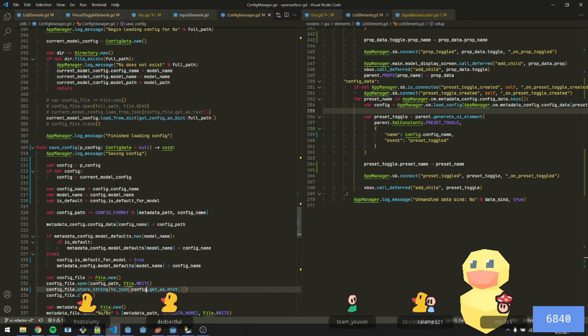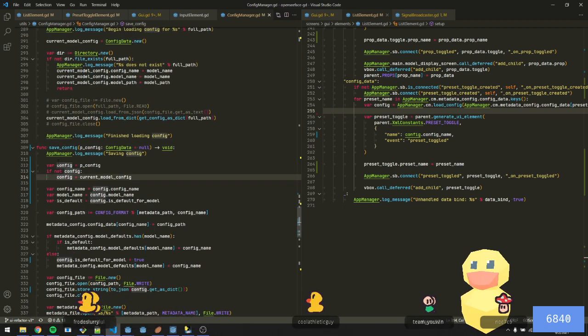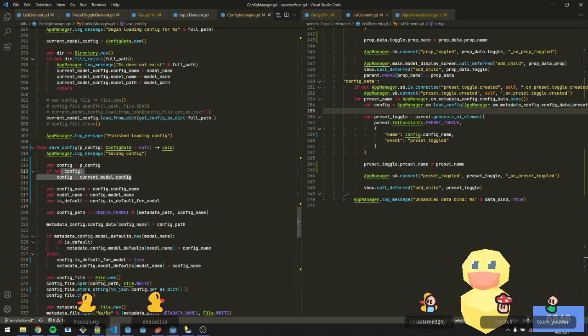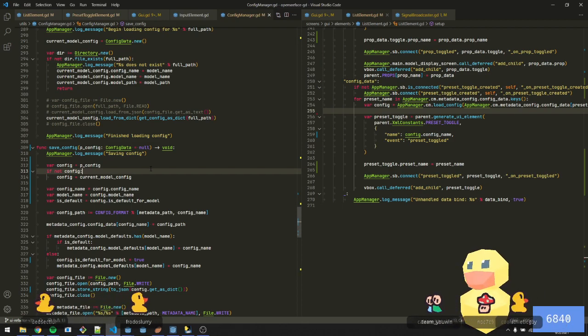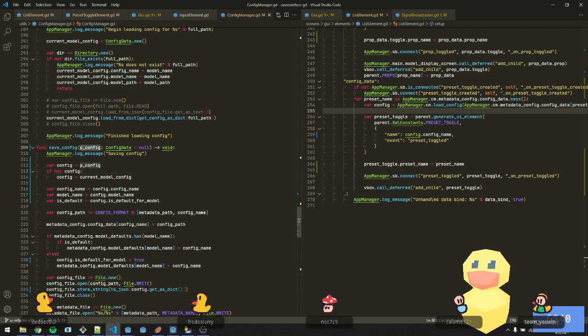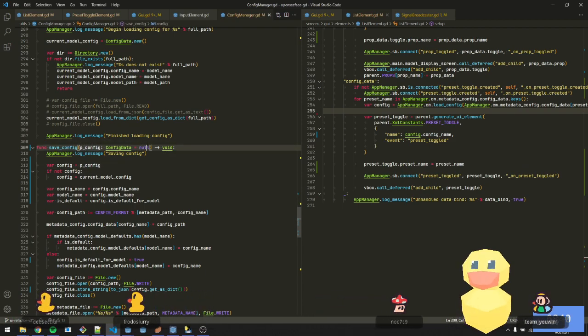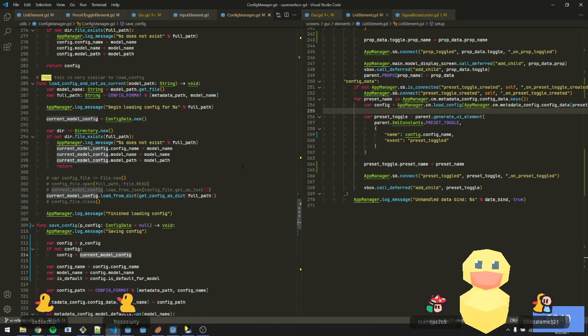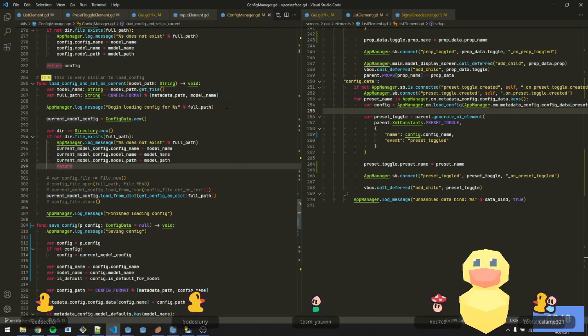So we have save config, which should more or less work because of this kind of new block of code. I actually like this pattern a lot for, I guess, languages that don't have function overloading. So instead of overloading the function, you just have this be null, and then if it exists, or if it does not exist, then just use the original value that you meant to use all along. Okay, but let's see. This needs to be